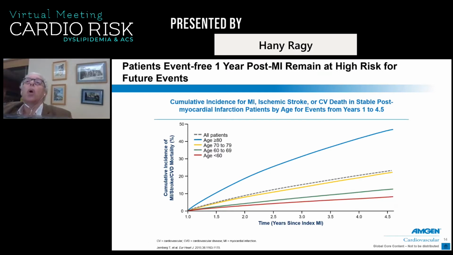Patients who are event-free 1 year post-myocardial infarction still remain at high risk for future events. And this has been shown in a recent study in the European Heart Journal 2015, again showing the cumulative index for very hard endpoints, myocardial infarction, stroke, or death in stable post-infarction patients from 1 to 4.5 years. Again, it exponentially rises with age. So your patient might look good, might look stable, but you have to calculate the risk very well, and you